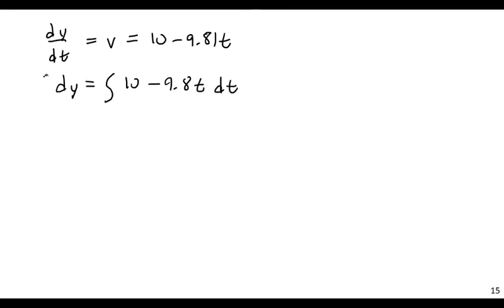Then if I integrate both sides, this one from y naught to y of t, and the other side will be integrated from 0 to t, just some arbitrary time t. And I will get that y minus y naught, or y initial, the initial height, is equal to 10t minus 1/2 times